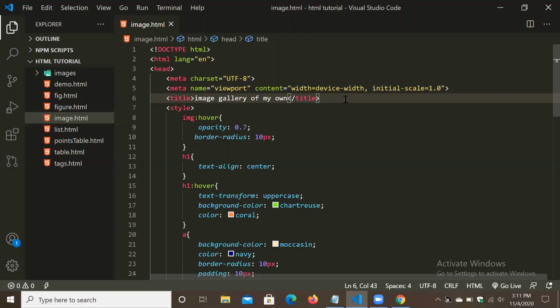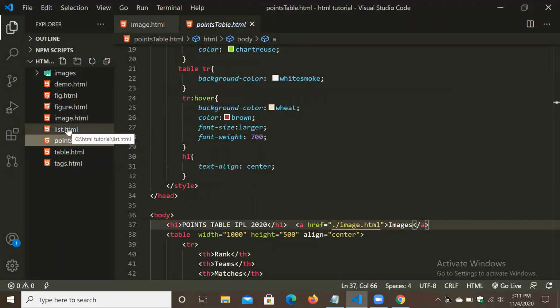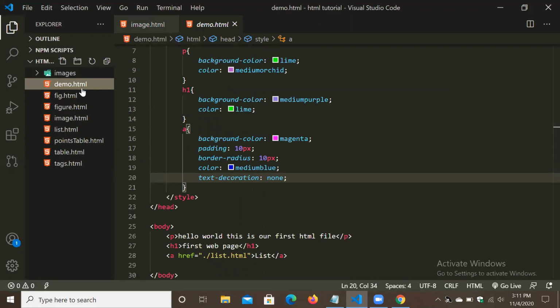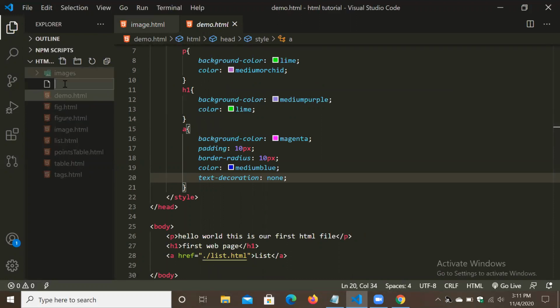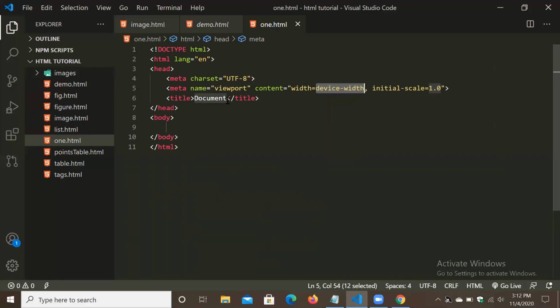So if we have to add external CSS in our file, for example, which file don't have, yeah, demo, I think demo, or should I create new file. New file, 1.html. Okay, I have created new file. Just quickly we will take some dummy code. Dummy. Now control S, alt V. So look, in title what appears, dummy.